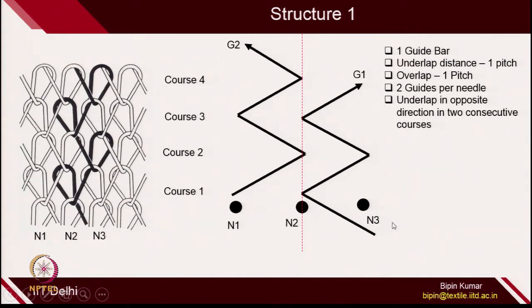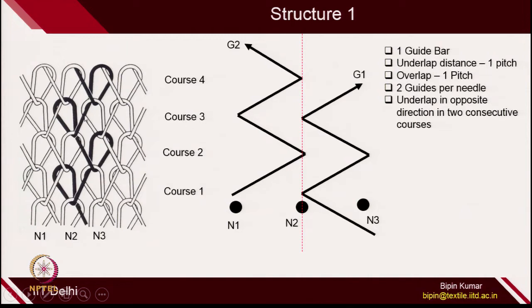So, this is the yarn which is provided by guide bar G1, the guide G1. The first yarn is provided to N2 in course number 1 by G1. After that, in the second course, a different guide, G2, is providing yarn to the same needle. So, this is the position of the needle in this vertical line. The first loop is being formed by G1, the second loop by the same needle is formed by G2, third